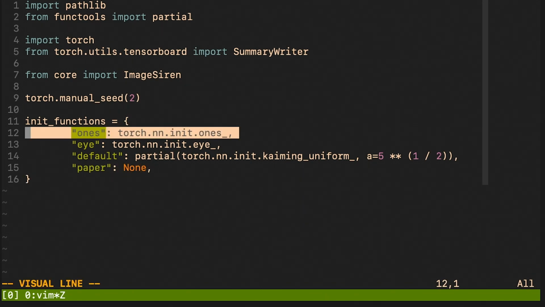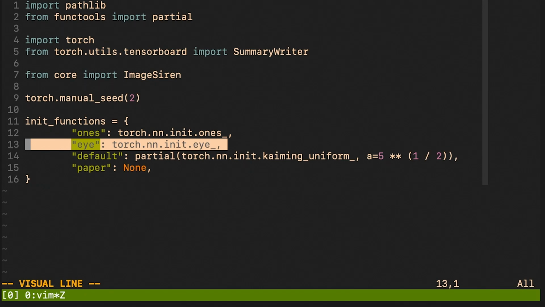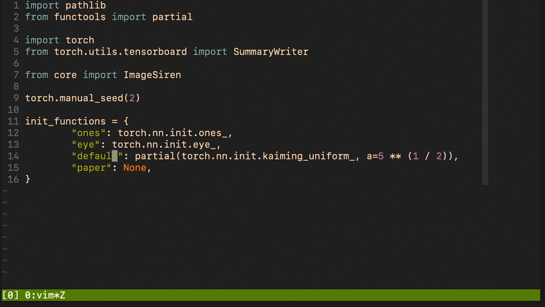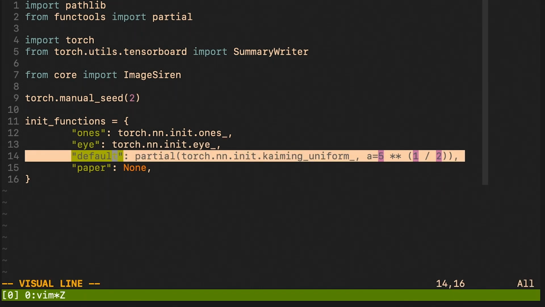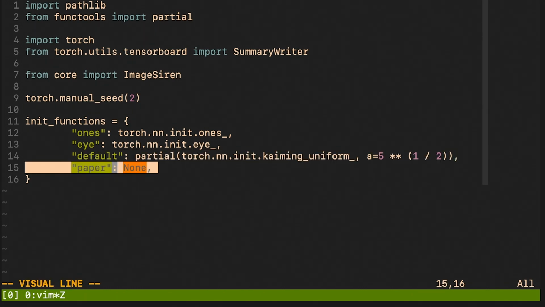So ones initializes everything with ones, I is an identity matrix. Default should be what Torch is doing by default, if I'm not mistaken, and that is the Kaiming uniform. And finally, we will provide none, which, as we know, means that we will use the initialization proposed in the paper.